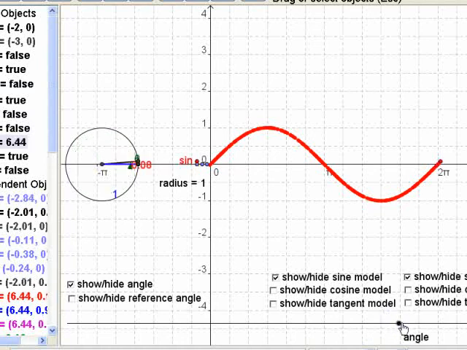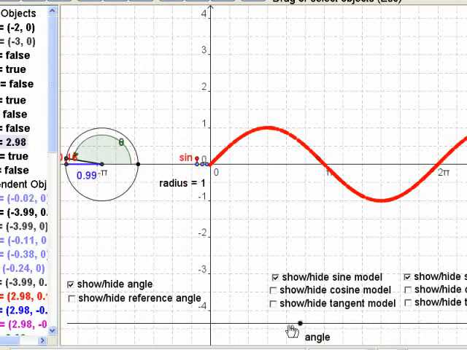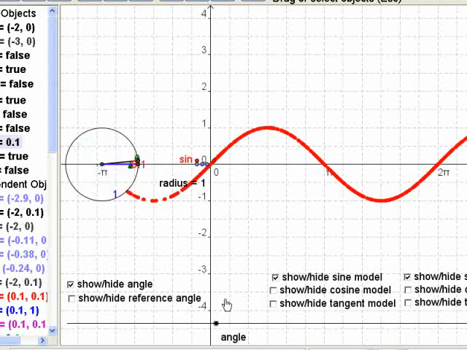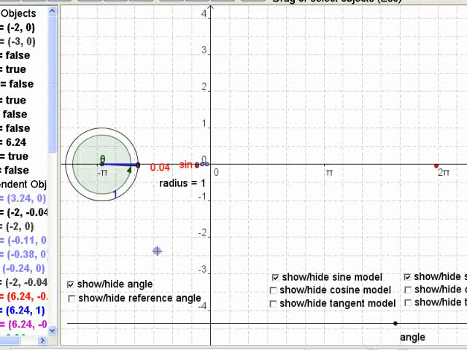So if I keep going here, it's going to skip a few points, but it just keeps repeating that pattern. If I went the other way too, to negative angles over here, it's just going to keep repeating that pattern. All right. Now similarly, if you look at the cosine ratio, we will look at the cosine ratio here. Actually, I should stop this before we look at